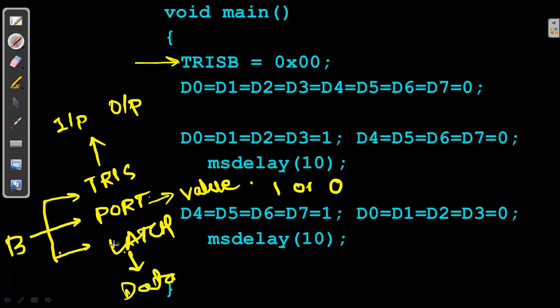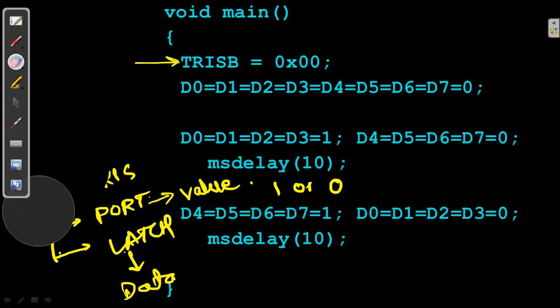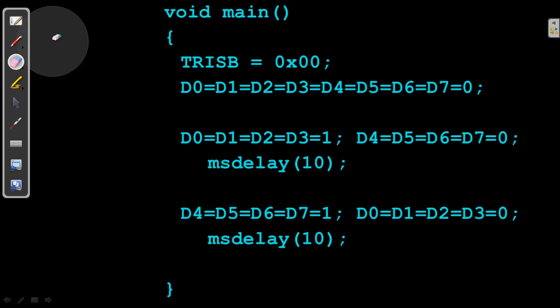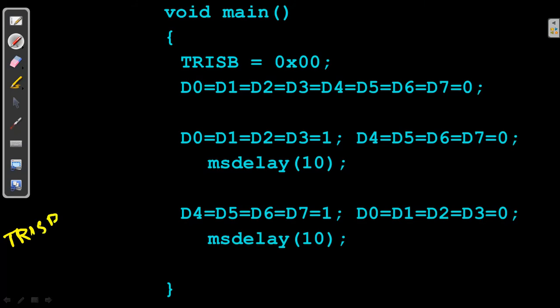This is the least used, meaning we don't use the LAT register, we preferably use TRIS and PORT, out of which now we are going to see TRIS, which is used for input and output function. So the TRISB register will be used to decide the direction of port B pins. I am directly writing TRISB equal to 0x00, a hexadecimal value.